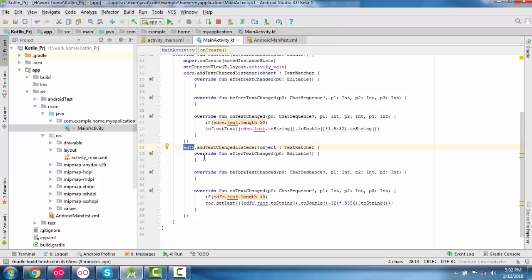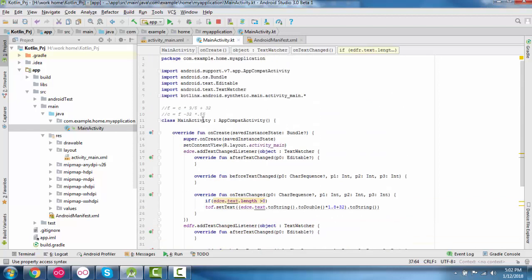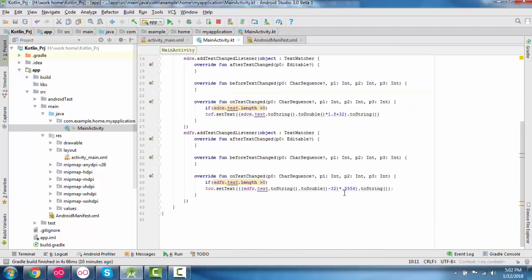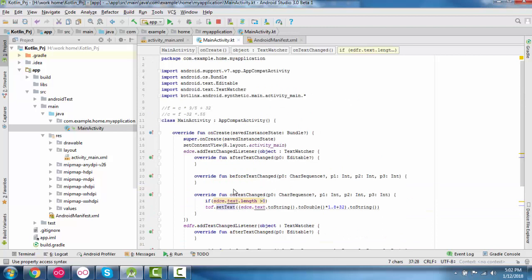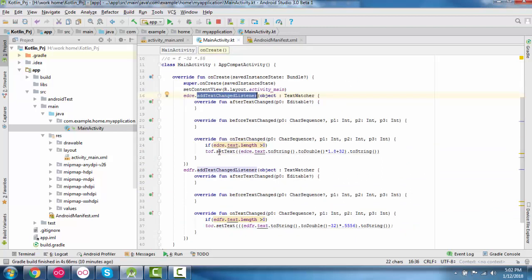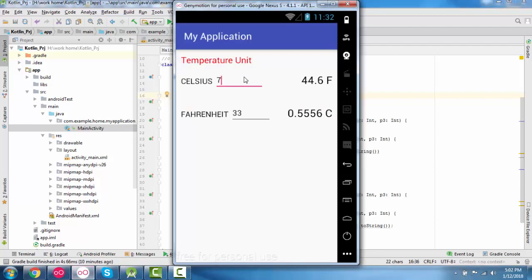So on ADFR addTextChangedListener, we add the onTextChanged method. If the text length is greater than 0, TOC setText, ADFR text to string to double, then minus 32 from this formula and multiply by 0.56, and last we convert to string for the setText. By this way, with the text change listener, we convert Fahrenheit to Celsius and Celsius to Fahrenheit in Kotlin.